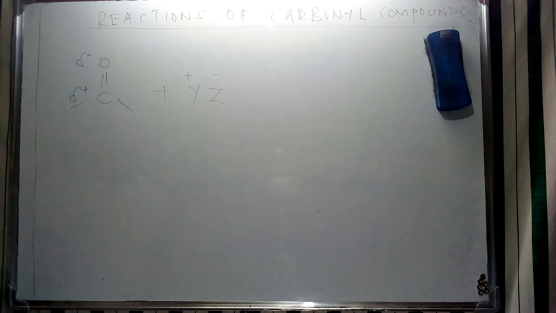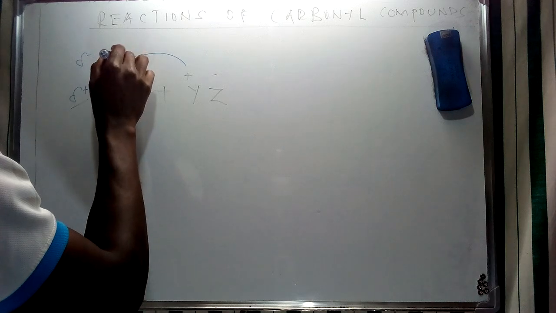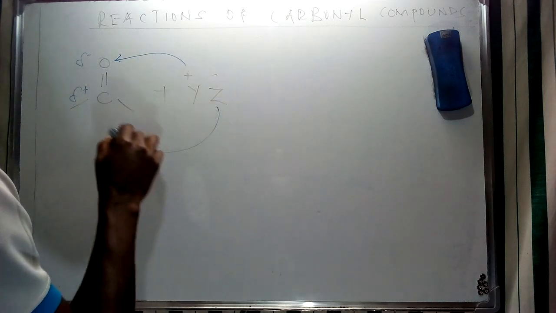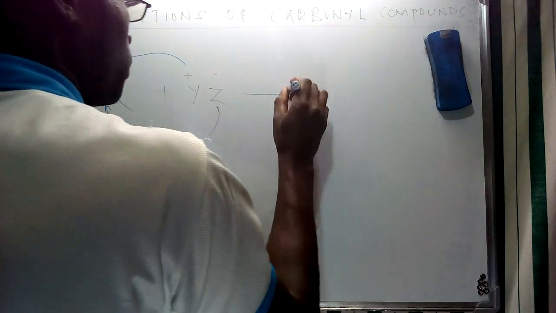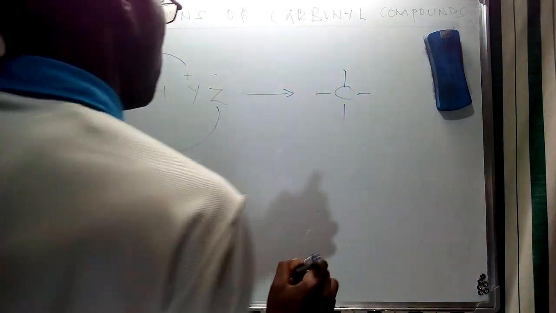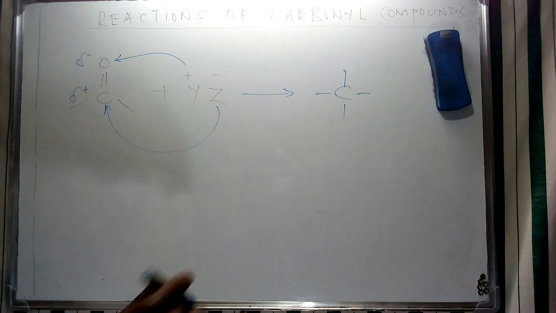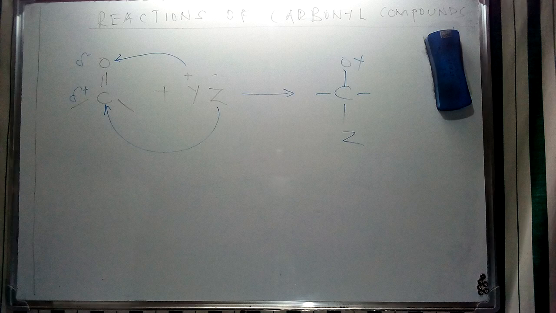So therefore, we're going to have the interaction that is going to occur, whereby the Y is going to have a preference at this specific point, as we said, and the Z is going to have a preference at that specific point. So this is going to lead to the formation of a product illustrated as Z and OY, given as that. So that is going to form a general way in which we are going to represent the nucleophilic addition reaction